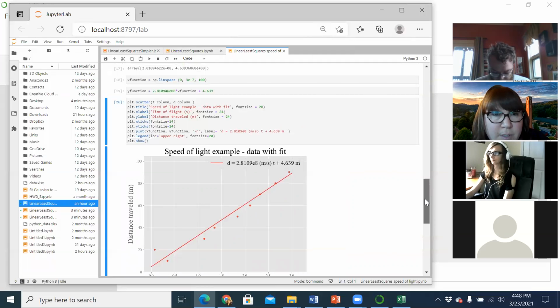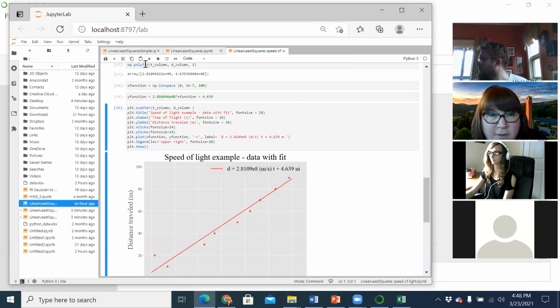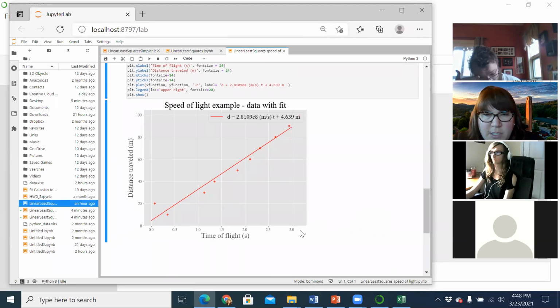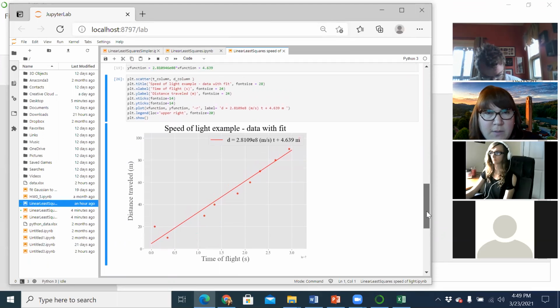I'm going to zoom out a little bit. Okay, so there's that fit function that gives me the slope and the y-intercept of the fit for that data, T column, D column. What I need to do now is create a whole bunch of data points to be my curve, because there's no Python function that I know of that will just plot that for you. So you have to build an array and then plot the array. I chose 100 points between 0 and the maximum on the x-axis, 3 times 10 to the minus 7 seconds.